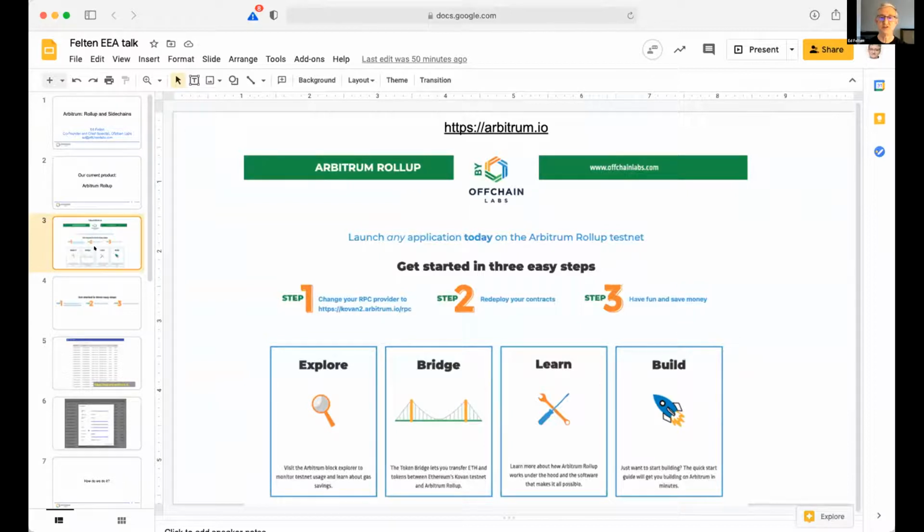A lot of people have come in and used it. We don't know who they all are. We don't know why they've done some of the crazy things they've done. That's what happens when you open something up to the public. You learn a lot that way. So you can go to arbitrum.io and use it right now.